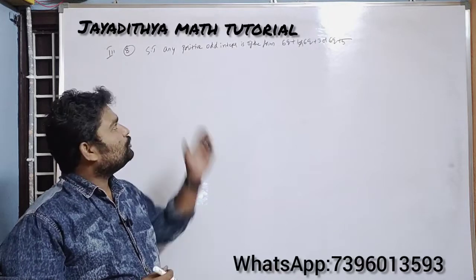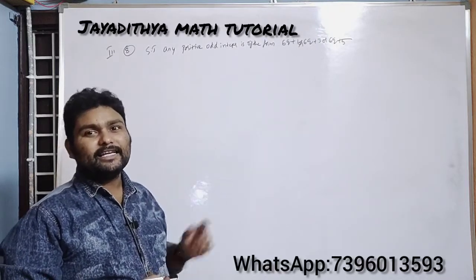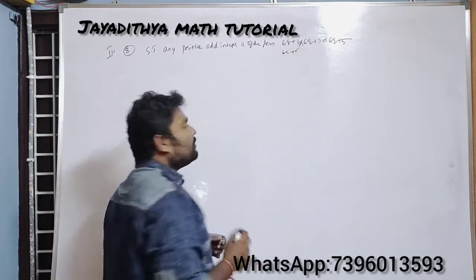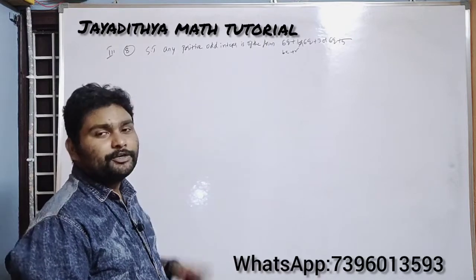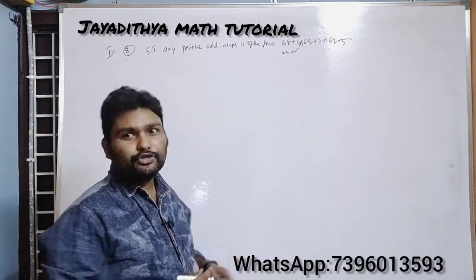So just by observing the question you can understand the question is related to EDL, that is Euclid's division lemma. Why? Because this is in the form of bq plus r. If you compare 6q plus 1 with bq plus r, what happens here? So the b value is 6. So you got the hint here only.